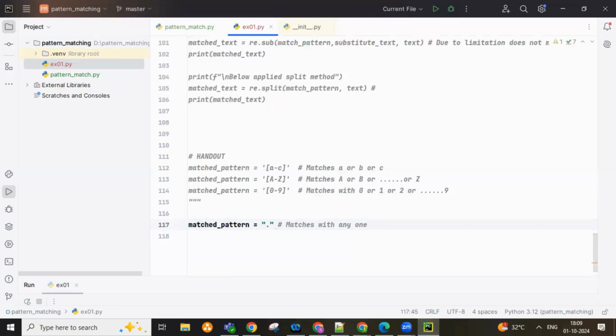Any one single, that means what? Any one character. Guys, did you understand? Matches with any one character. Meaning, dot means it matches with any character. So previously, I was giving A to C, right? It will only match A and B and C. Like this. So dot will match any one character. You got it? So for example,